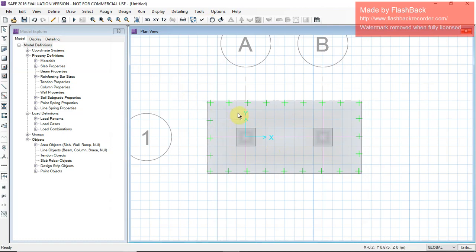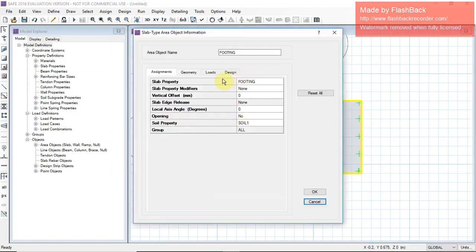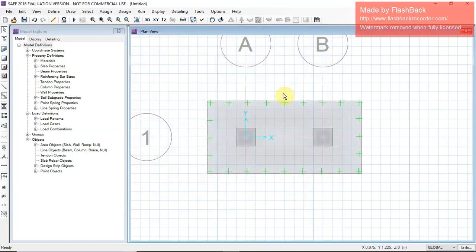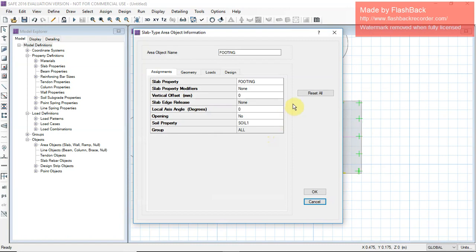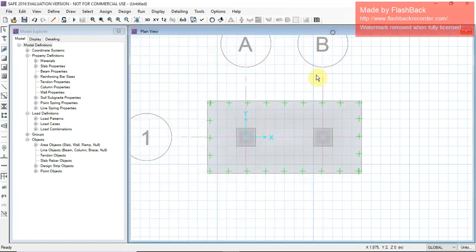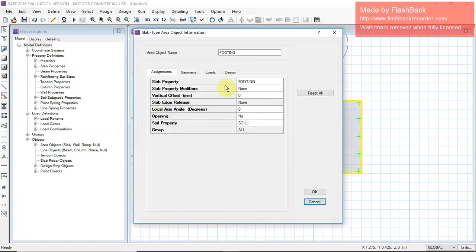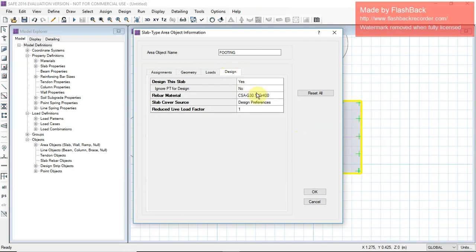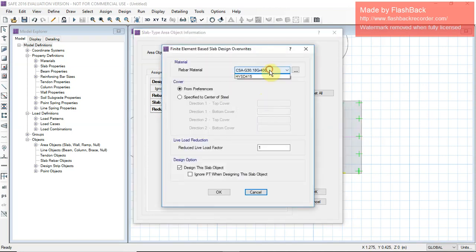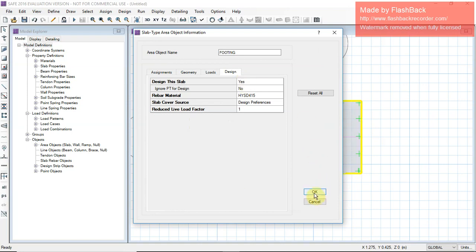Now you have to put material, change the material to HYSD.